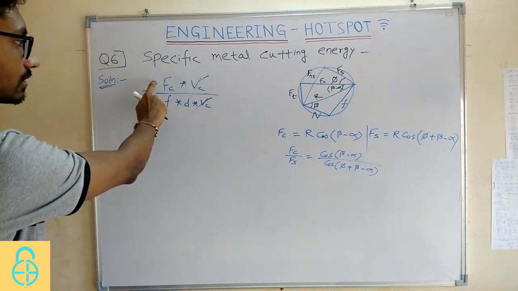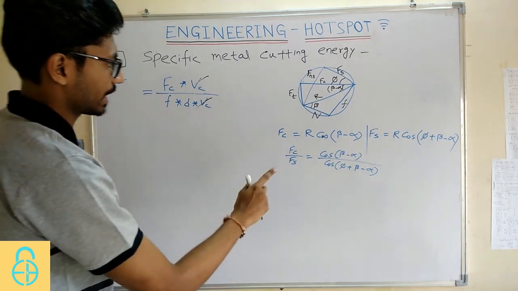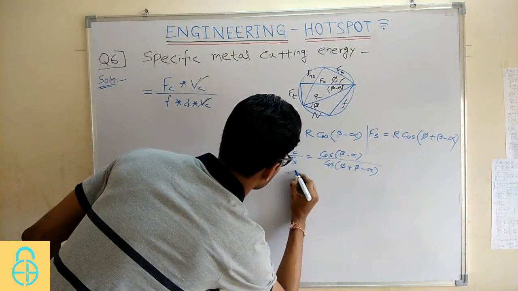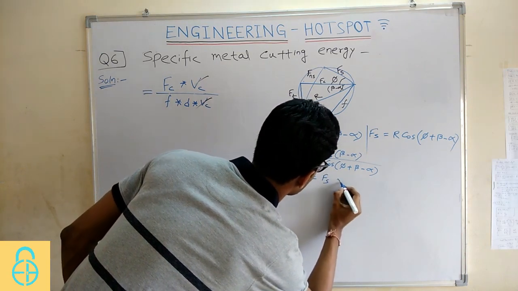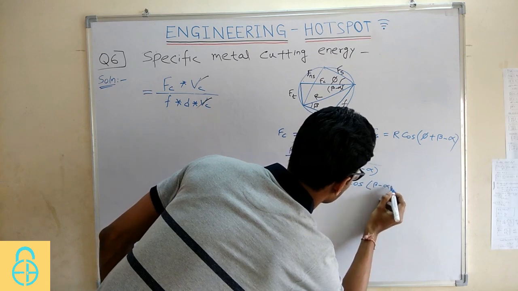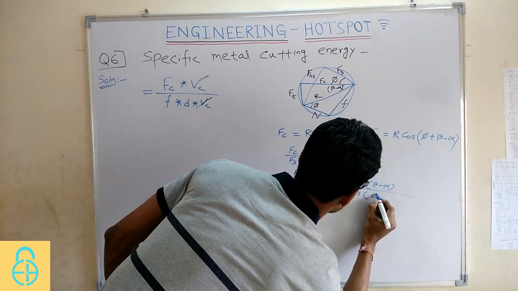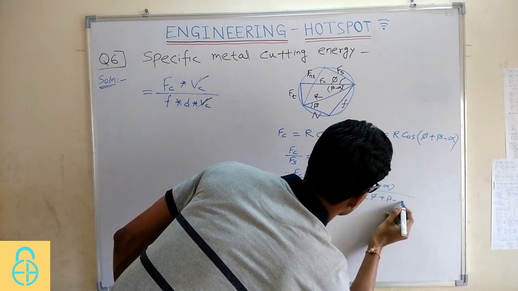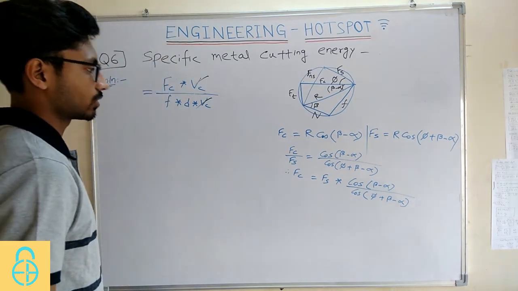You can see Fc is given in this expression. So try to substitute the value of Fc. So you can write Fc as Fs into cos of beta minus alpha upon cos of phi plus beta minus alpha. Now you need to substitute this value. One more thing,